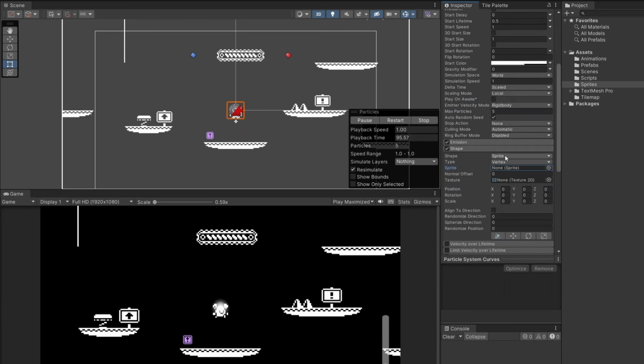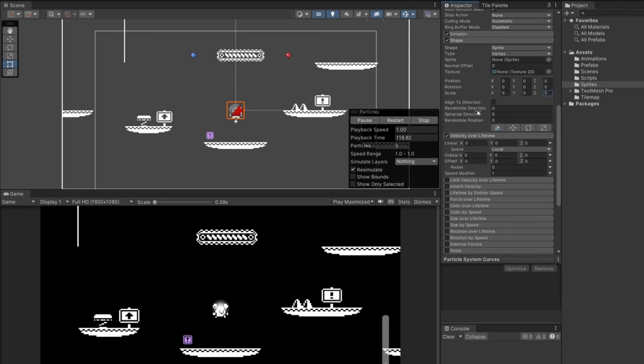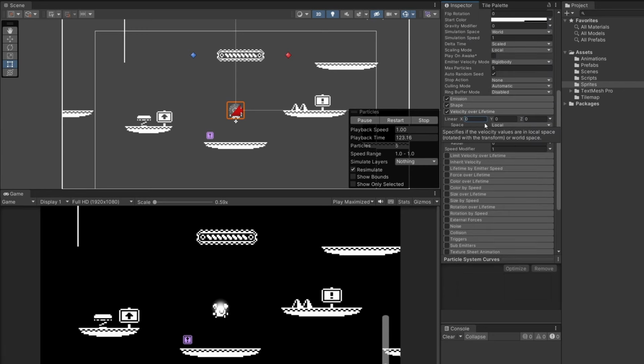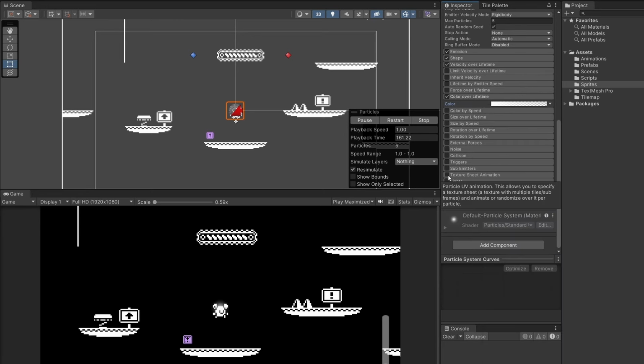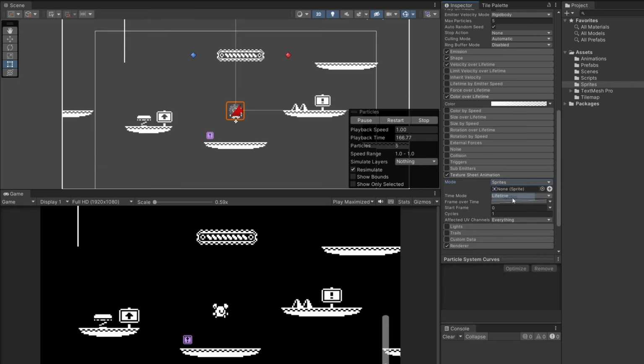And the shape I'm going to set to sprite and then the scale to be 0, 0, 0. Then I'm going to tick on velocity over lifetime and I'm going to set linear x to be minus 0.1 and linear y to be minus 0.1, and we'll change the space to be world. What this will do is as we move, it'll fly off behind us. Next, color over lifetime I'm going to tick on. Click on this, and then at the top right tag, set the alpha to be 0, so our sprite will fade away over time. Then texture sprite sheet animation, tick this on, set the mode to be sprites,